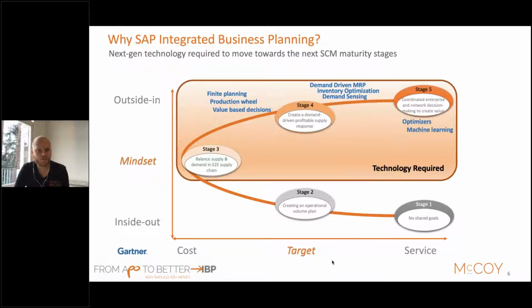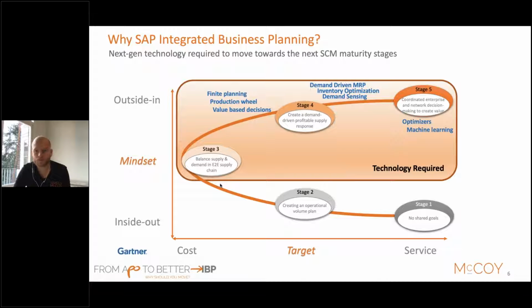But at a certain stage, you would like to grow, and your company is growing, and your mindset should shift. It's not only about fulfilling the demand, but more about balancing the demand with your supply and really focusing from an end-to-end perspective. So you would have, for example, more locations in your supply chain, and your supply chain will become more complex.